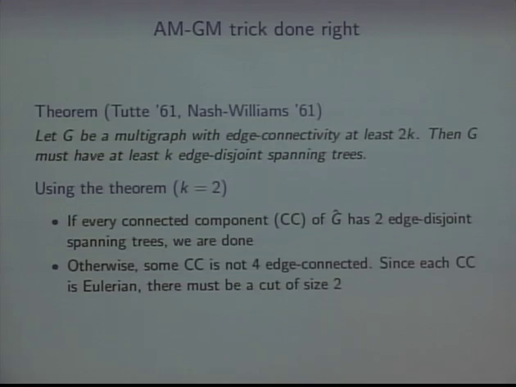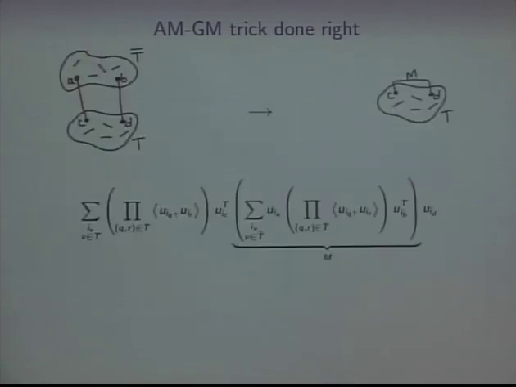Well, you can prove that every connected component is Eulerian, meaning the number of edges crossing a cut is even. And we're focusing on a connected component here, so it's connected. So the number of edges crossing a cut is not 0. It's not 0 and it's less than 4, so it has to be 2. Right? And I can use that fact to make progress in the following way. So here's a connected component which is messing us up. It doesn't have 2 edge disjoint spanning trees. So by the Tutte-Nash-Williams theorem, it has a cut of size 2.